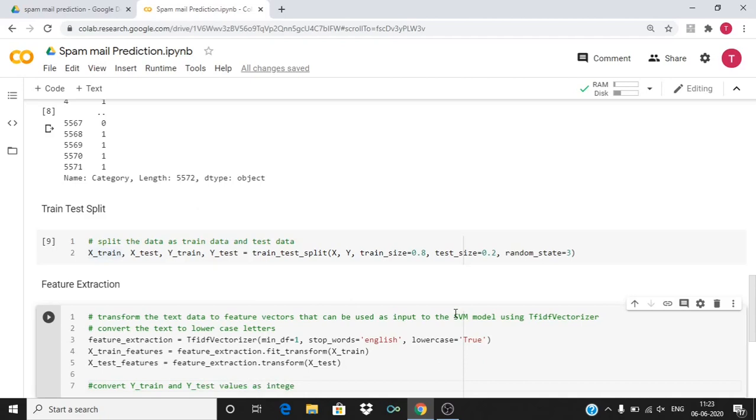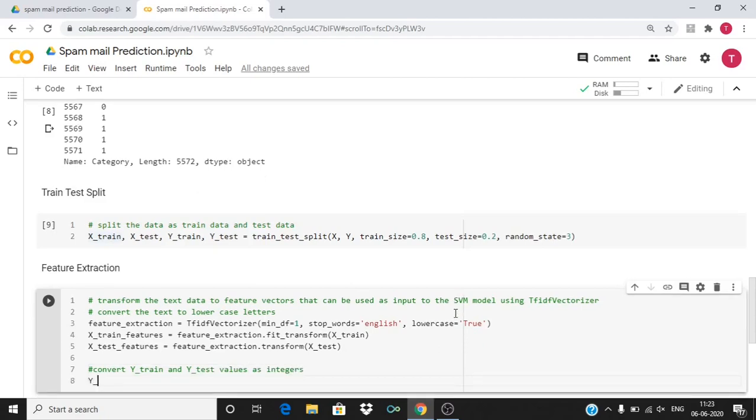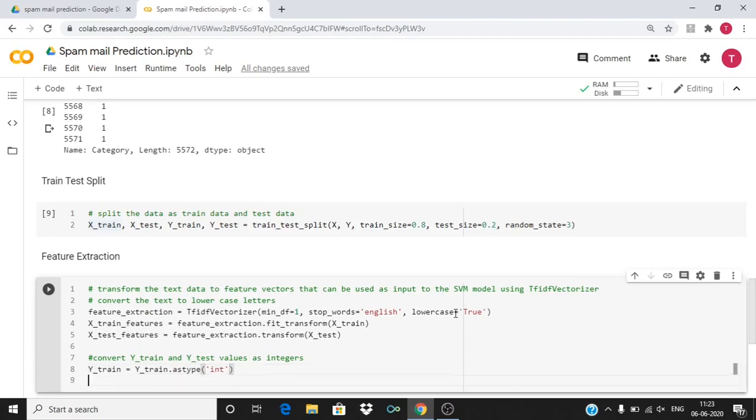We can do this by using the astype function. So ytrain is equal to ytrain dot astype int. Specify the type you want in the parentheses, which is int. Now we need to do this for ytest. Ytest is equal to ytest dot astype int.